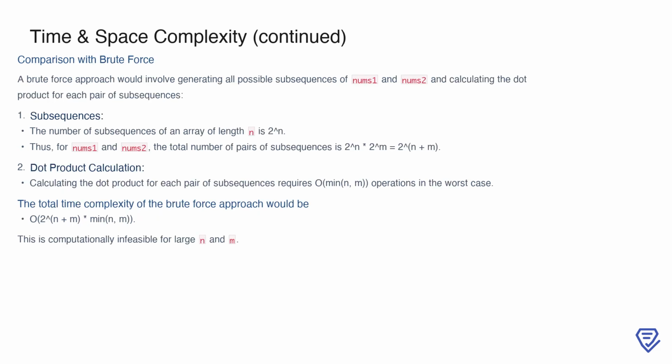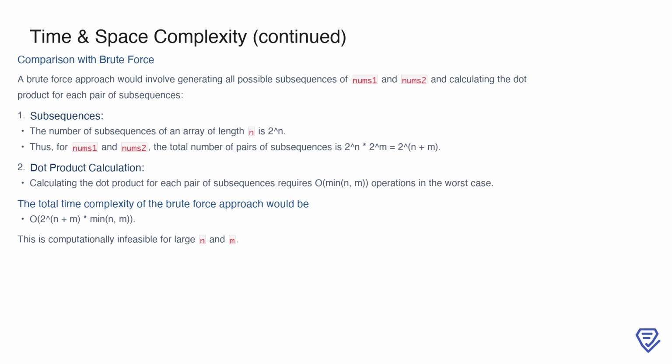When comparing this dynamic programming approach to a brute force solution, the efficiency of our method becomes even clearer. A brute force approach would involve generating all possible subsequences of nums1 and nums2. For an array of length n, the total number of subsequences is 2^n. This means that for both arrays, we would have 2^n * 2^m pairs of subsequences to evaluate, or 2^(n+m) in